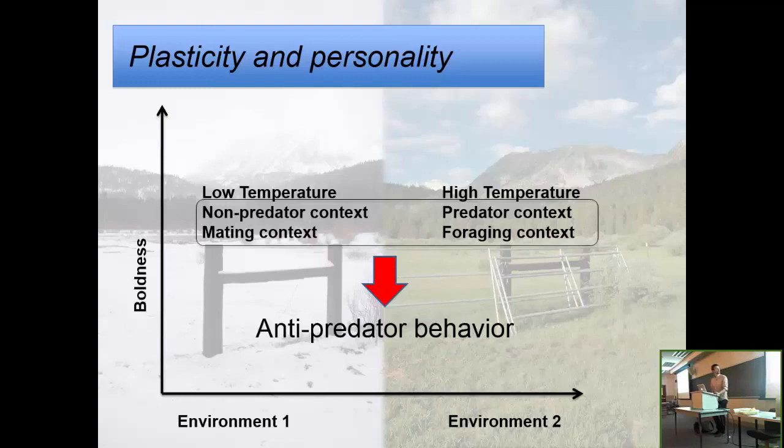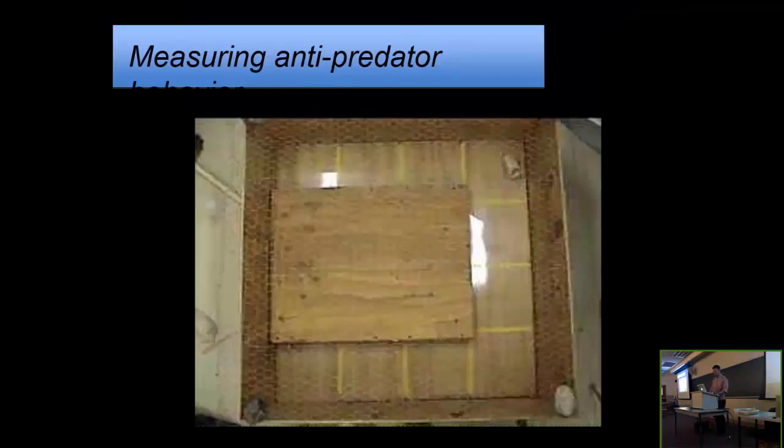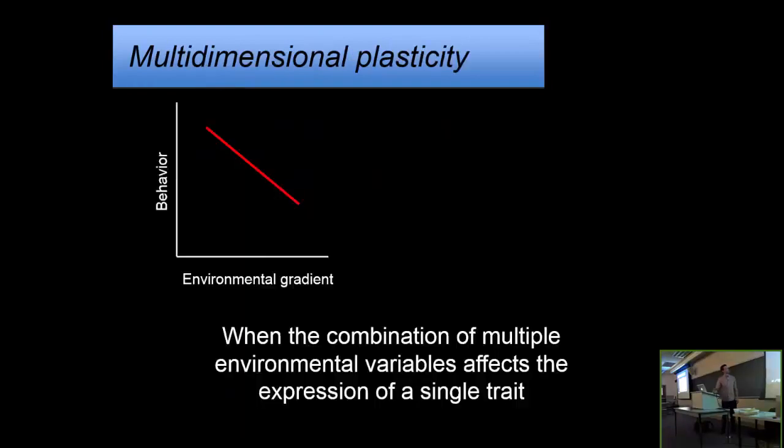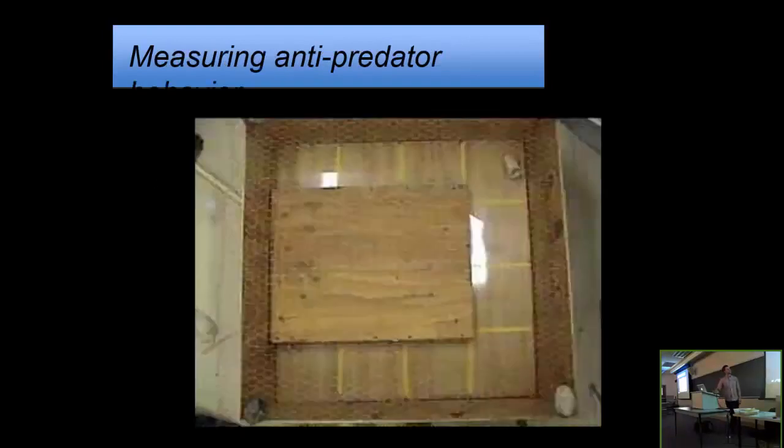So the way we measure anti-predator behavior back in the lab, we have this open field arena, and I'm not sure if it shows up really well here. We have an additional aspect here, which is an artificial burrow apparatus. Put that down in the center, and there's a PVC pipe burrow system, which, as I get this started up, you'll see a squirrel poke its head out of the burrow system.